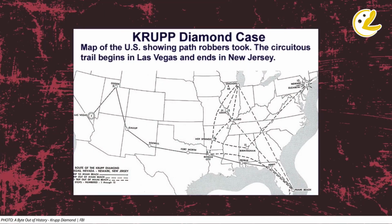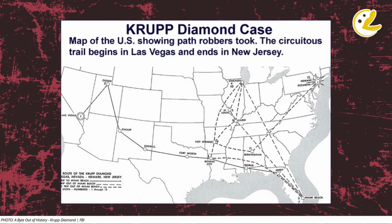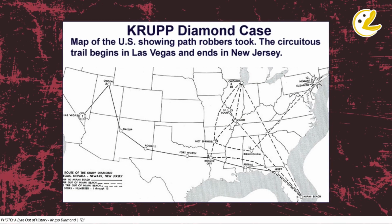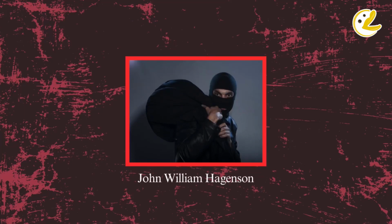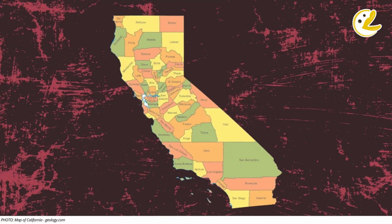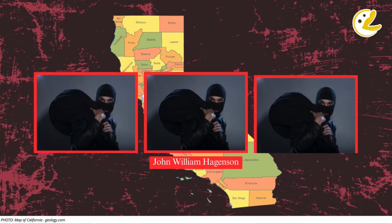The FBI presumed that the diamond, along with the rest of the loot, would be transported across state borders, which was later proved to be correct. They eventually set their sights on a man named John William Higginson, who was wanted for a similar burglary incident in California. He was eventually arrested and stayed in California, and the authorities were later able to identify more people involved in